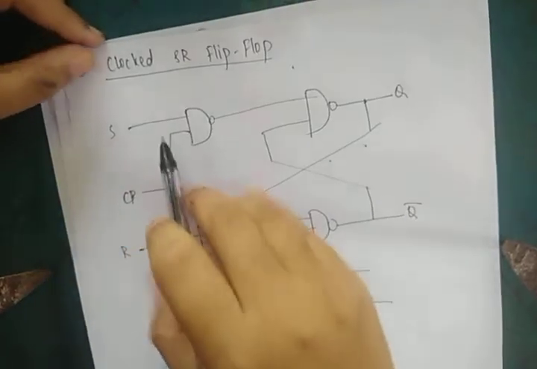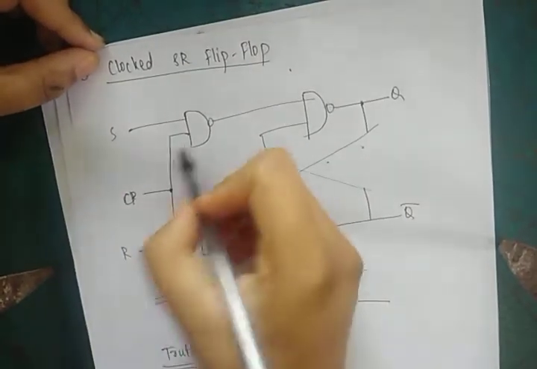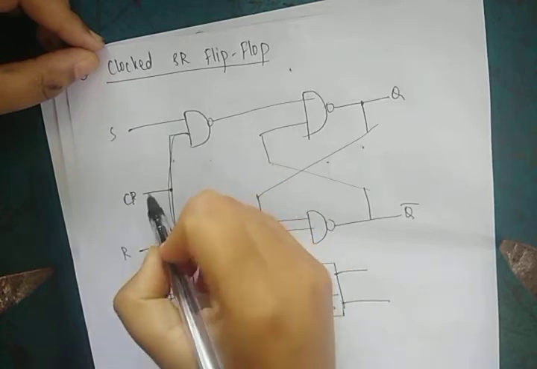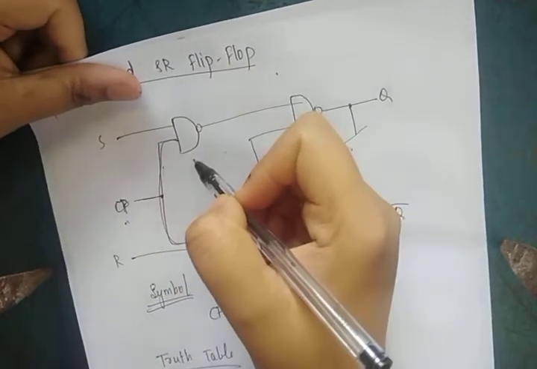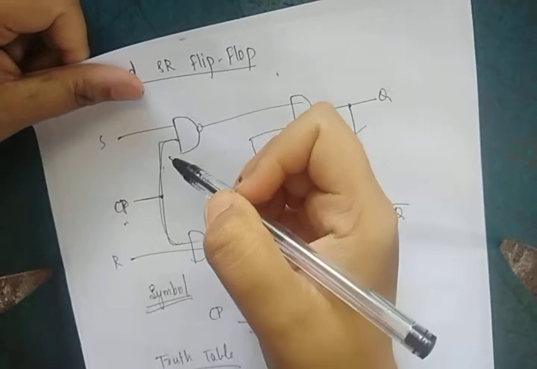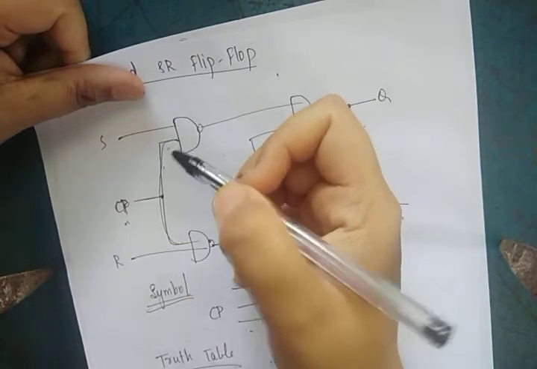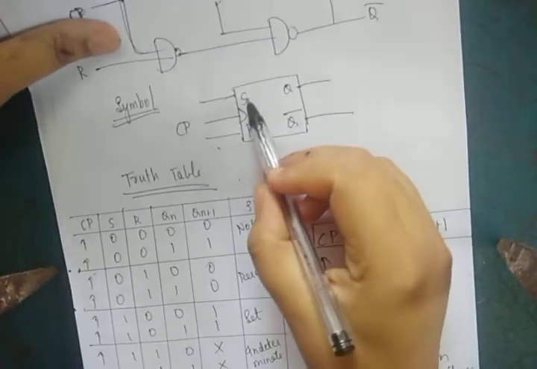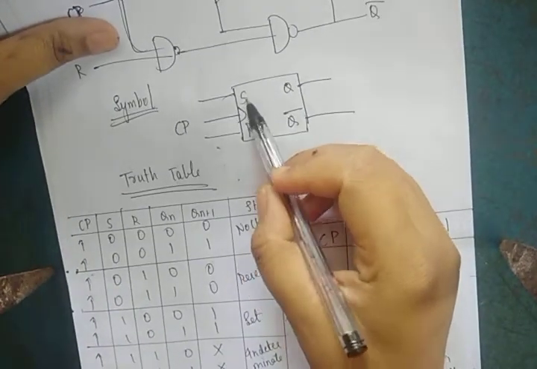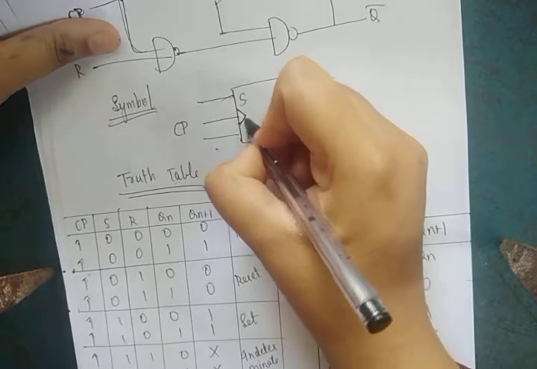Now, we have studied SR. This is clocked. The difference is it's the same SR flip-flop, except, as you can see, a clock pulse, CP, which I need to give here. What does this mean? In latches, they are not dependent on a clock; they can change anytime. Whereas here, the output is dependent on the clock pulse. Here, there is a change in the symbol of S and R: as you can see here, a triangle. This is nothing but the clock.